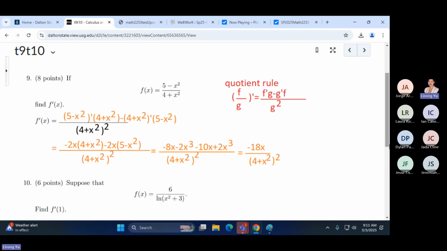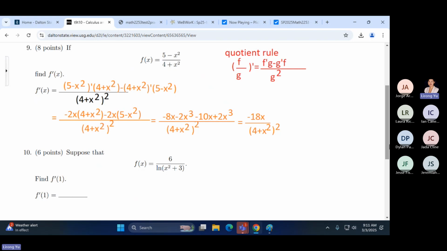And question 9 and 10. This is also the quotient rule question. You should be able to see a similar question in 2.4. Any question? And this one, the number 9, when I look at it, I did apply the quotient